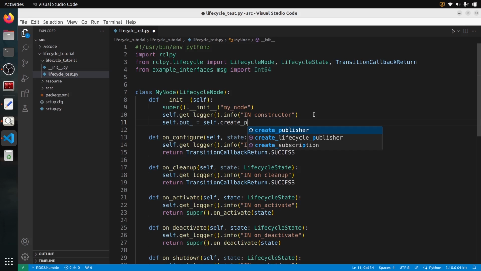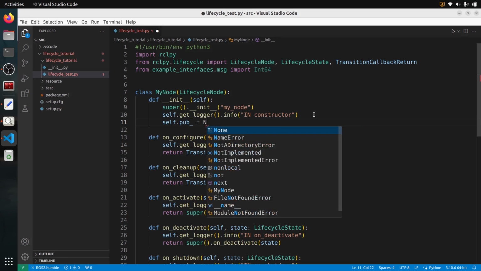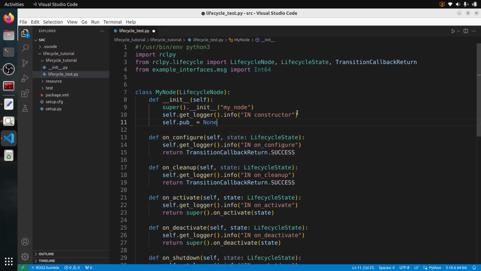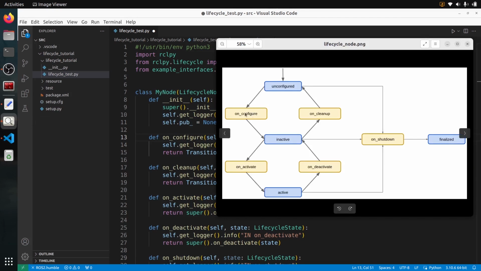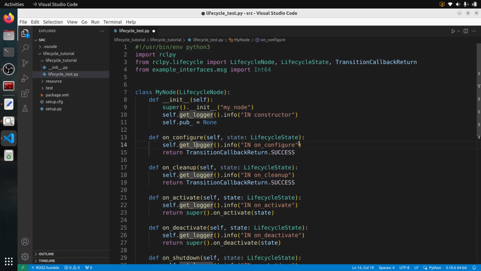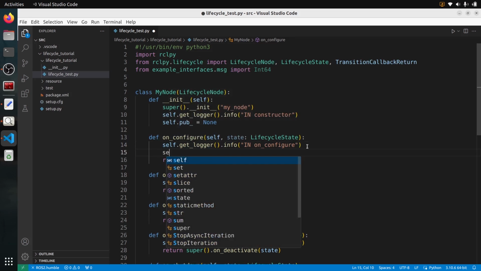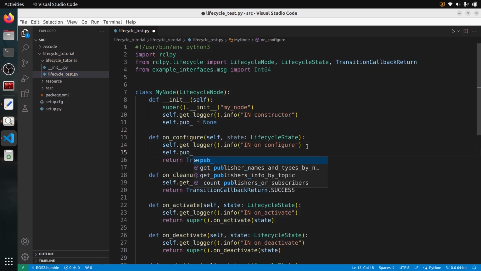But we are not going to do this in a lifecycle node. So I will just create a pub that I will set to None here. So an undefined pub attribute. And then in onConfigure, if you remember, we are going to configure the ROS2 topics and ROS2 communication in onConfigure. So we are going to create those. So in onConfigure, after this log and before we return, I will do self.pub is equal to